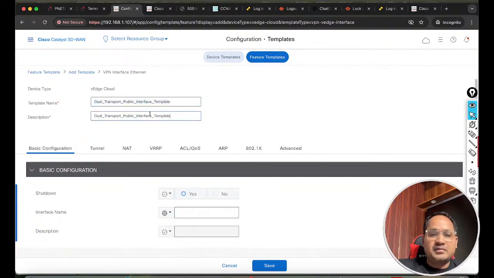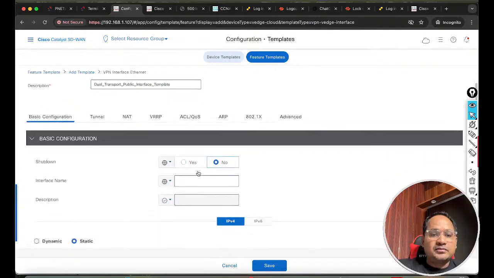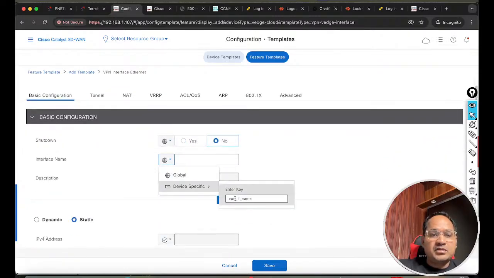Okay, public interface template. The shutdown, definitely it is going to be no shutdown, and for interface ID I'll put the device specific VPN 0 interface ID name. Okay, VPN 0 public,